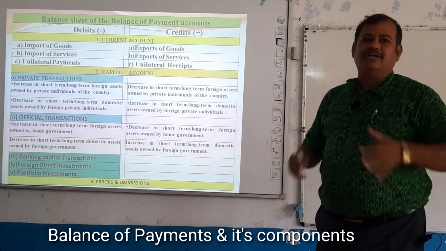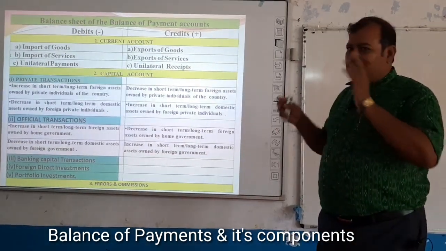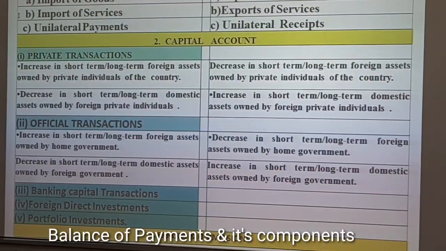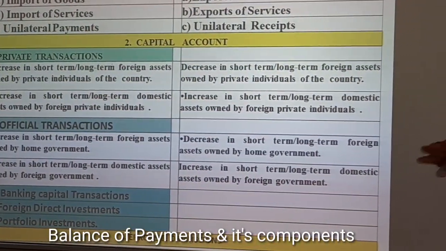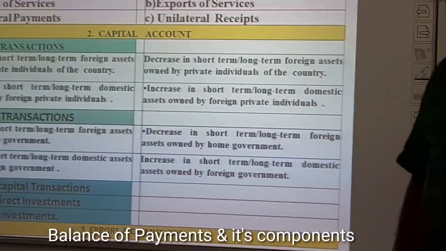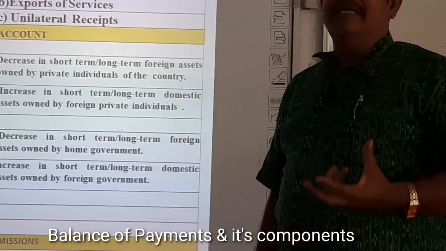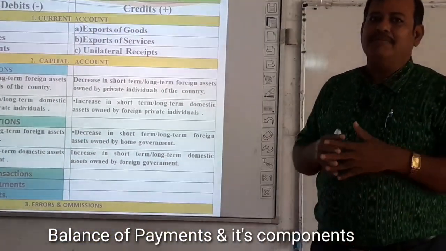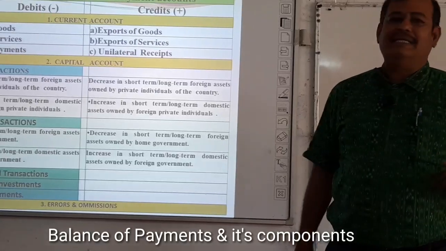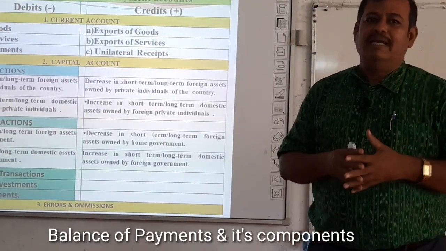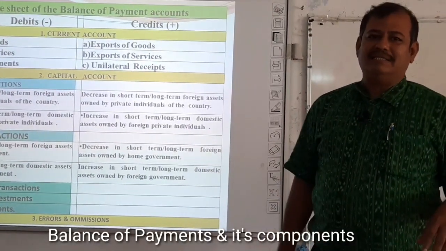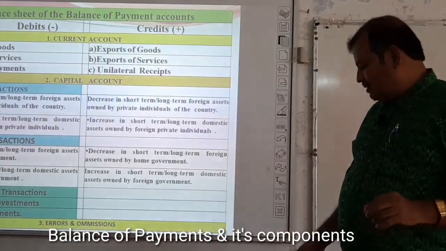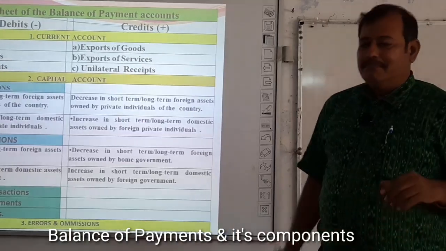ये all these things हम डिस्कस कर चुके हैं. बाई चांस ये दोनों के बीच तालमेल नहीं रहा, किसी ने ज़्यादा हो गया, किसी ने कम हो गया, तो ये दोनों को कैसे बैलेंस किया जाएगा? क्योंकि आप जानते हैं बैलेंस ऑफ पेमेंट इज ऑलवेज बैलेंस. If there is a disequilibrium, there is a difference in the debit and credit side of the balance of payments, then the last point, that is errors and omissions, will enter and make the balance of payment sheet a balanced one. So this is all about your balance of payments.